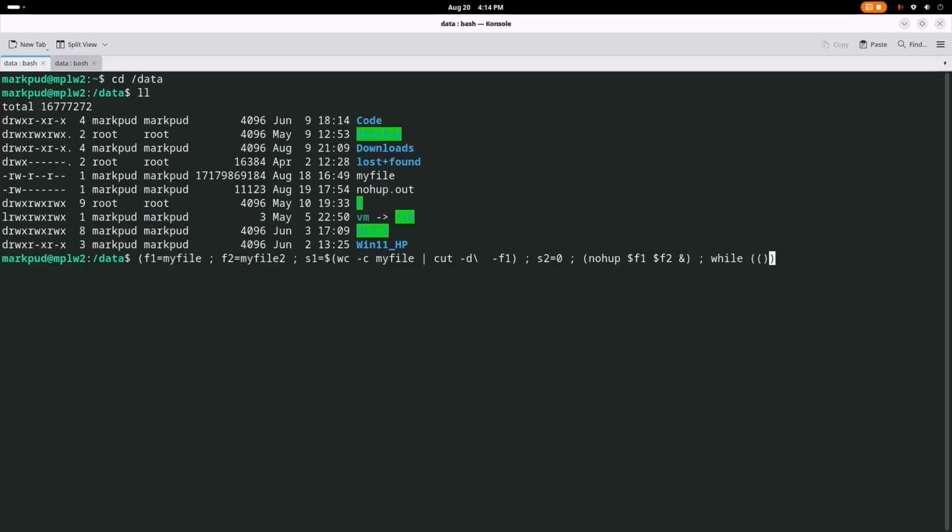where we want to check to see if S1 and S2 are the same size, because if they're the same size, and remember S2 is the size of the file that is being copied to, if the two values are the same, that means the copy is complete, right? So while S1 isn't equal to S2, that means while the copy is still going, we need to do something in this loop. So we'll sleep for a couple of seconds, so we're not going mad spinning around checking the size of the file,